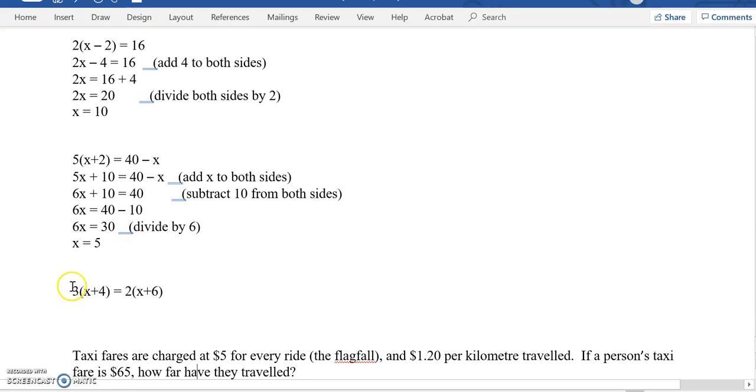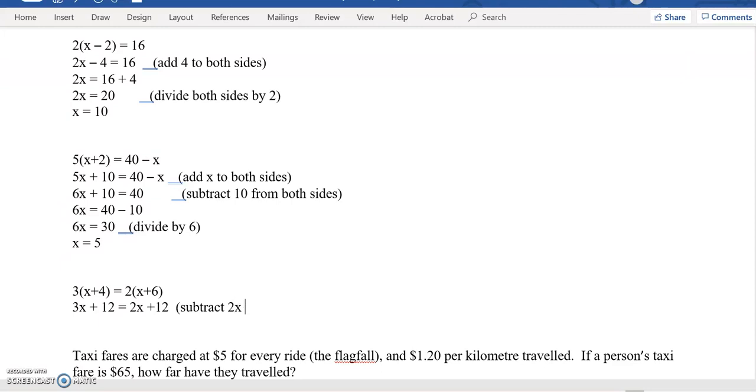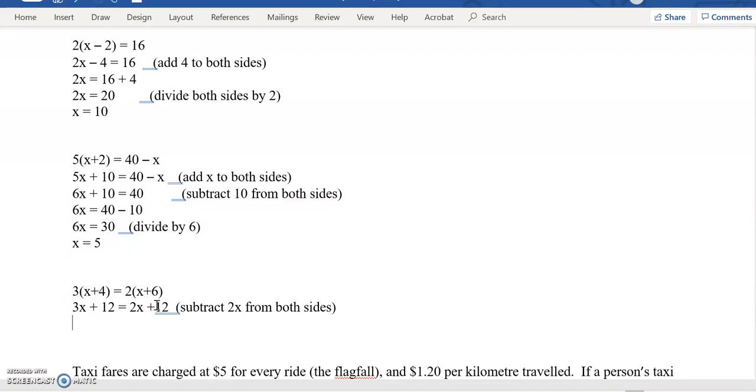Okay, and the very last one that we've got here, we've got 3x. Multiply out the brackets first. So 3 times x is 3x plus 12 equals 2x plus 12. We multiply both sides out. Get rid of the smallest x's first. So we're going to subtract 2x. So we're going to have 3x minus 2x is just going to equal x plus 12. It's going to equal, so 2x minus 2x, that's just going to cancel out, so it's just going to equal 12. To get rid of the 12, we're going to subtract